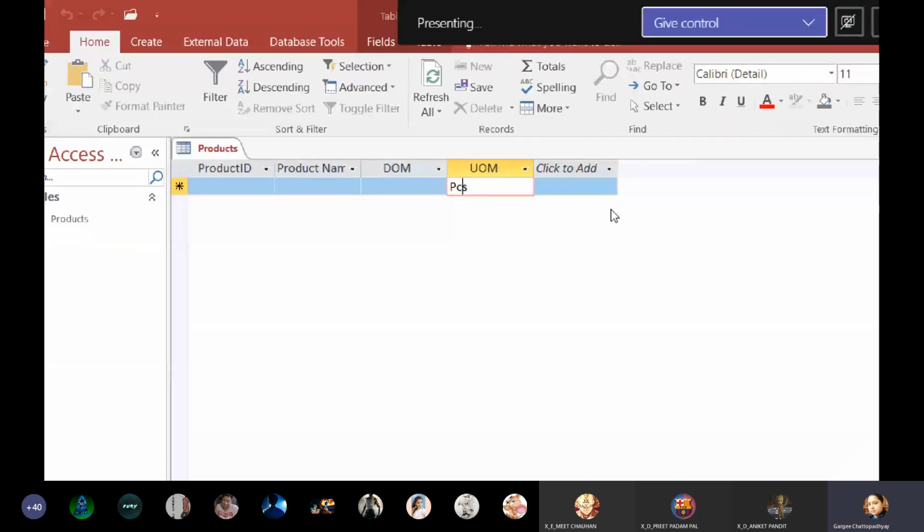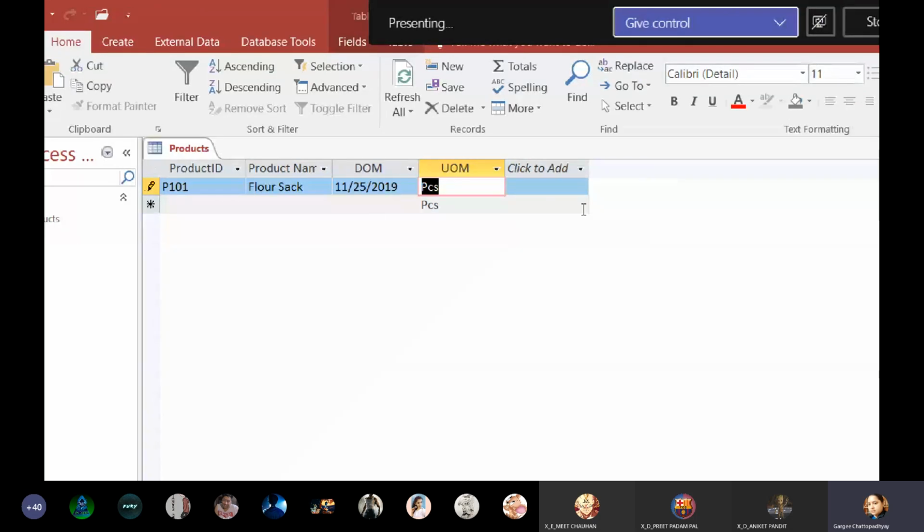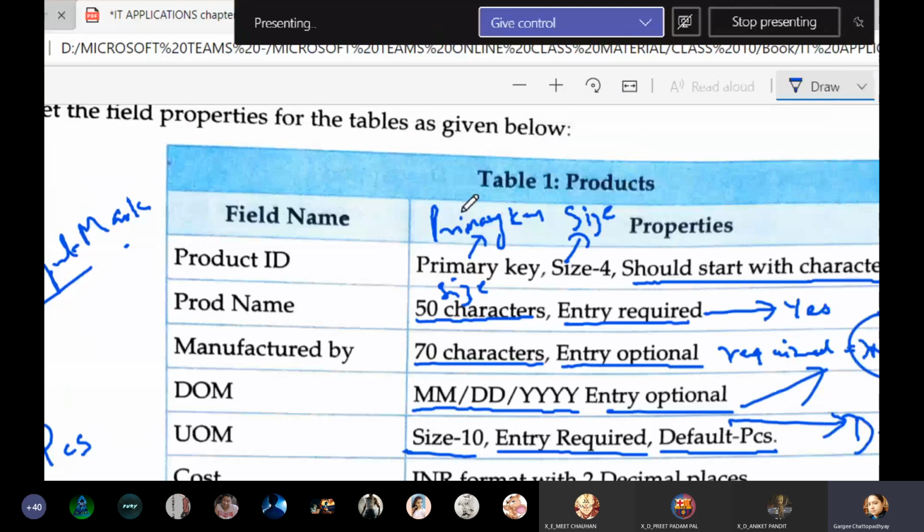Okay. So if I enter 101, product name, anything like flour sack. Okay. Date of manufacture, I take it as 11/25/2019 and I'm taking this as pieces. If I want, I can change it to kg also. Okay, I can change the value of the default field.